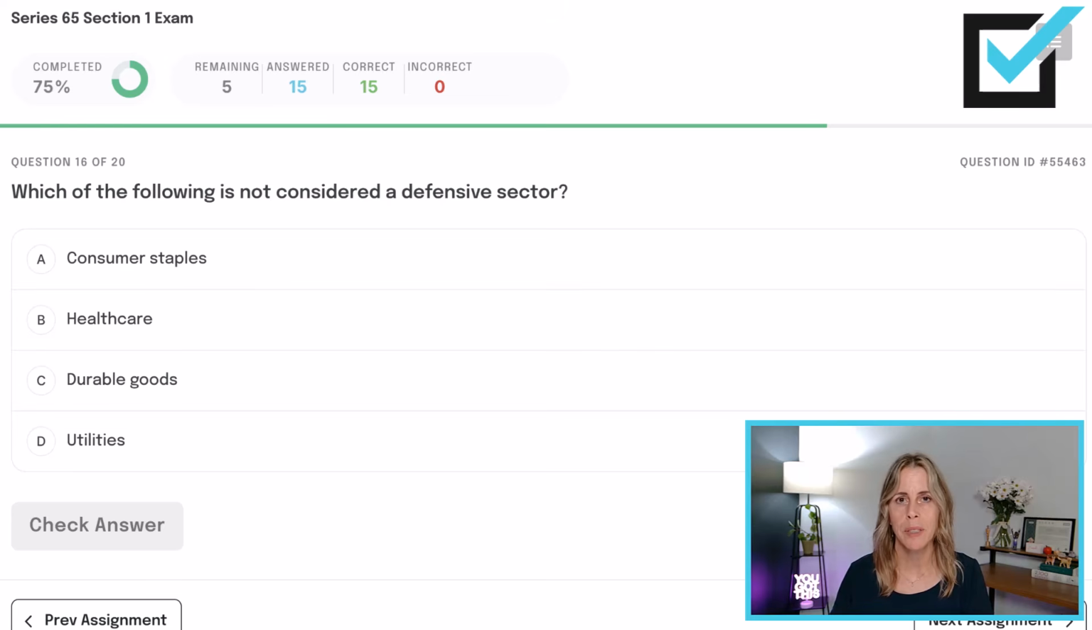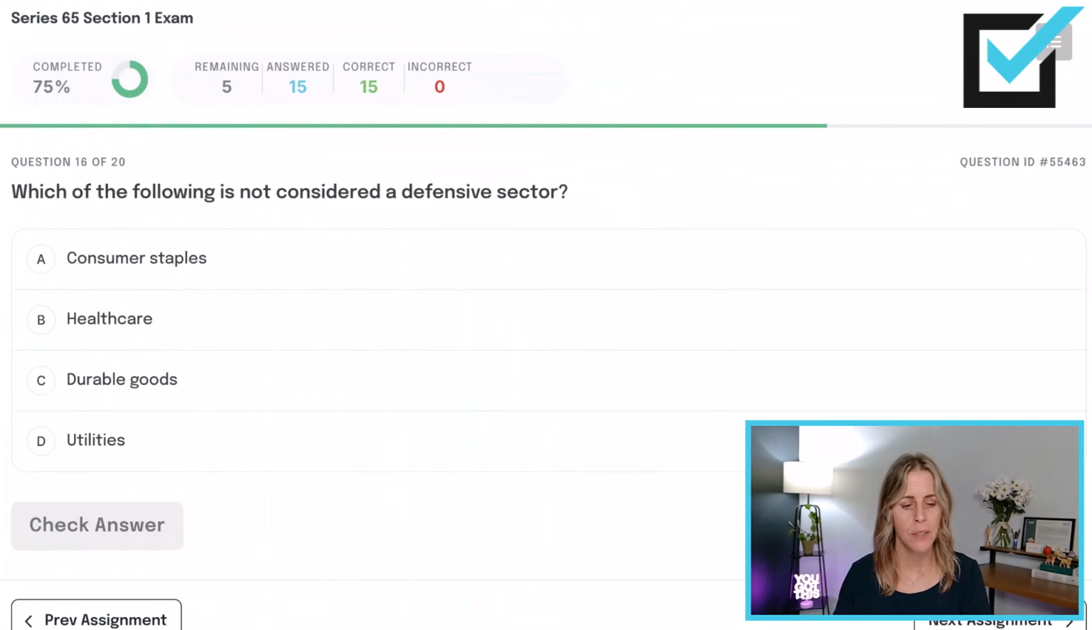Defensive sectors resist market cycles: consumer staples, healthcare, durable goods, utilities. So no matter what the economy is doing, I'm going to turn my heat on if it's winter and snowing, or air in Arizona in the summer. Healthcare, I still need to go to the doctor. Consumer staples are everyday items like food, basic clothing, dishwasher detergent, things that you're going to have to purchase, so